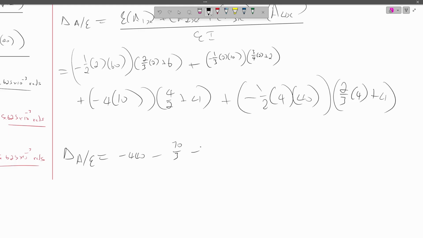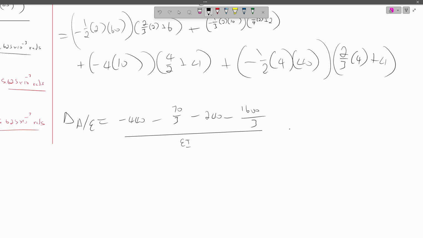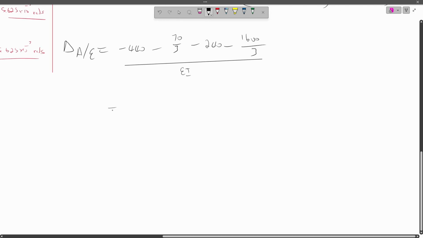Our area 4 is 240. Then our area 5, all of this divided by EI, which is